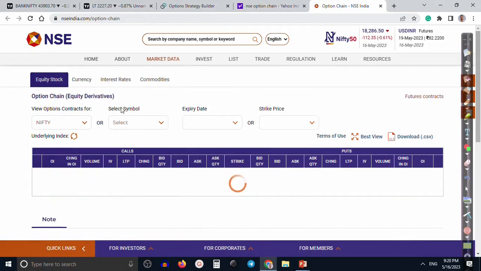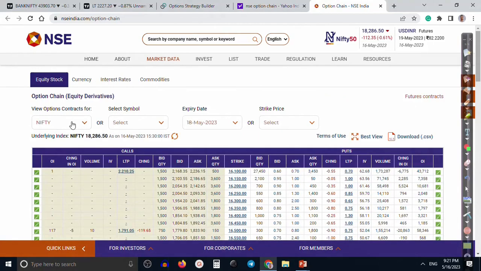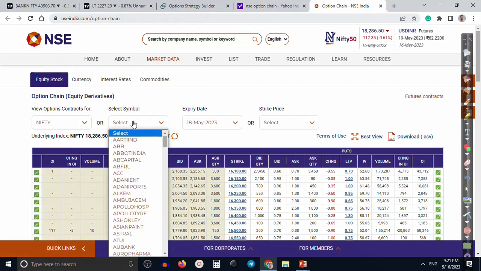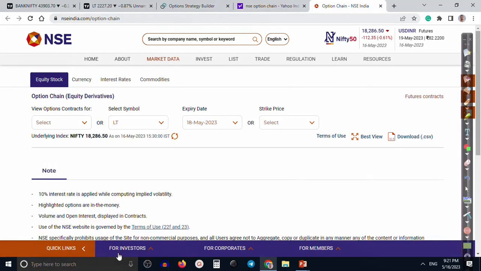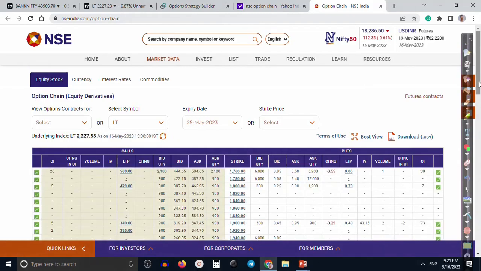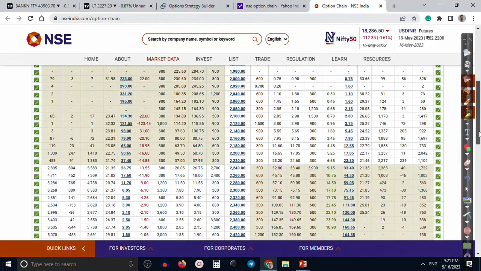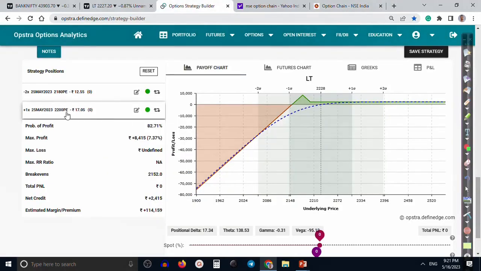And here you can see select symbol, because when we are selecting indices like Nifty or Bank Nifty, Fin Nifty, you just go to this column. And when we are going to check option chain data, you just click here and write LT. So here you can see this one, LT. When we select the strike price, basically which strike price we select, now you can see